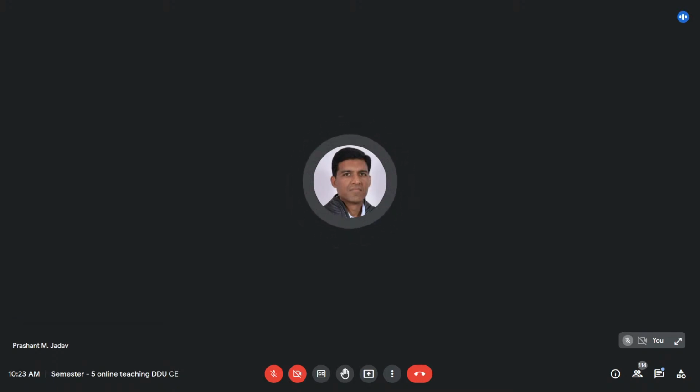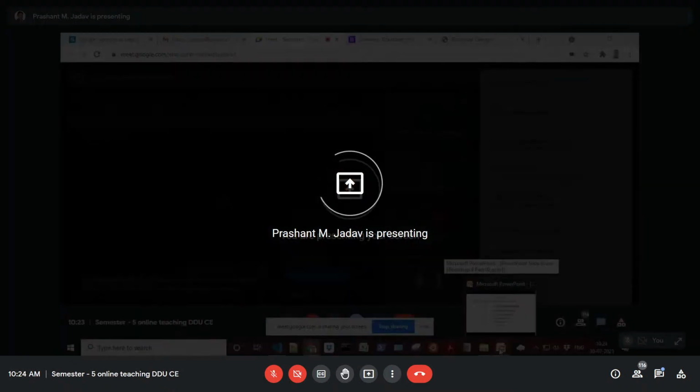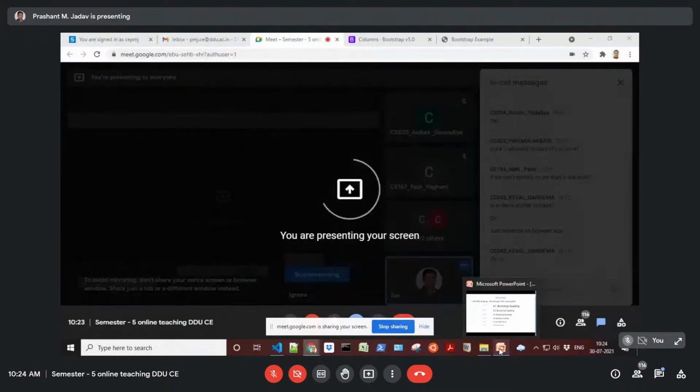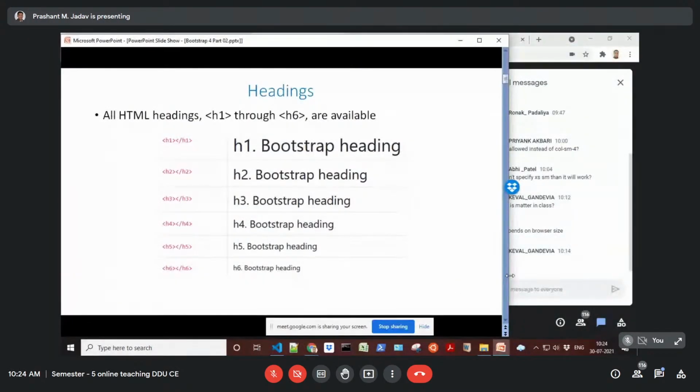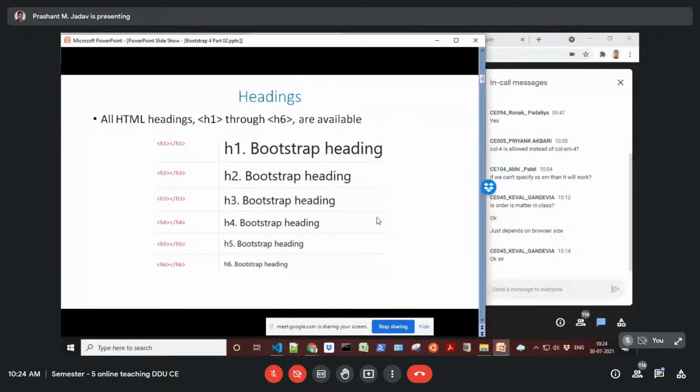Okay, now we'll see a few more Bootstrap classes. In our HTML, we have H1 to H6 headers available, but here they are differently visible, or different CSS properties are applied in Bootstrap.